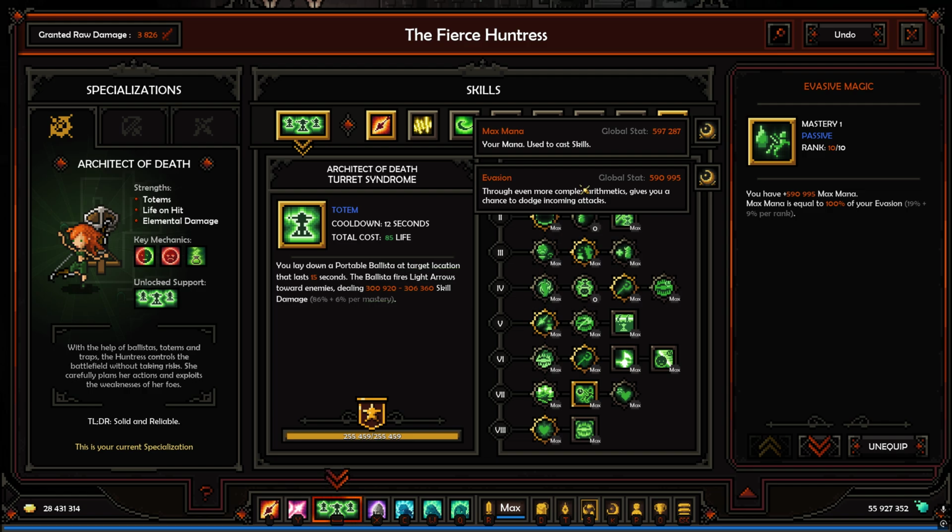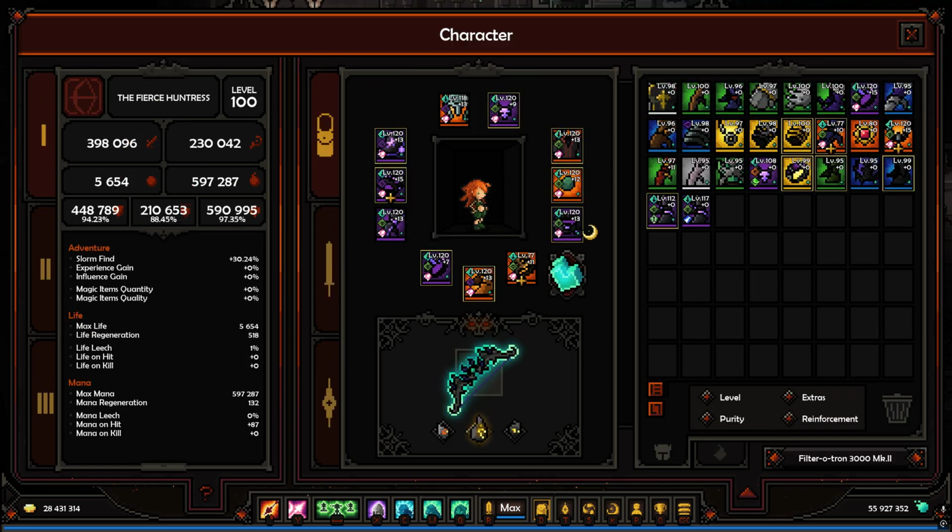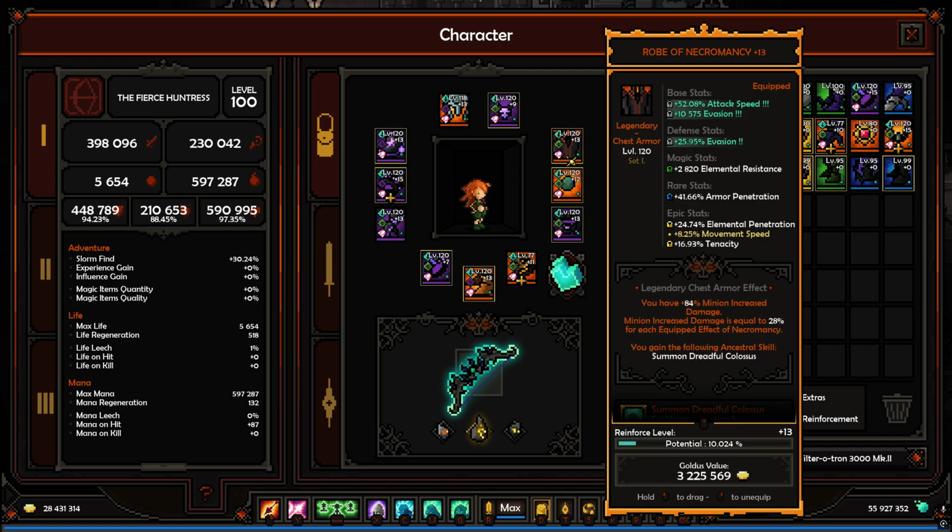Now, why is this better than stacking a ton of max mana on itself? Because of the way that stat scaling works in the Slormancer. Different stats have different base amounts, and there are different abilities to acquire multipliers and increase stats, and so on and so forth. And evasion,